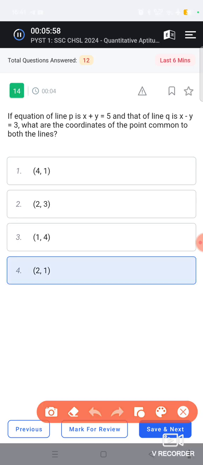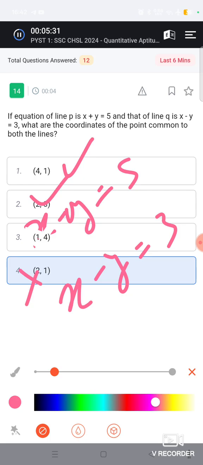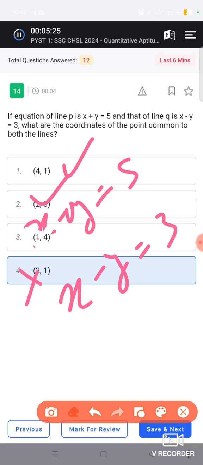If the equation of the pair is given, x plus y is equal to 5 and x minus y is equal to 3. Which of the following options satisfies this? x plus y is equal to 5, this, not this, and this. Okay, just a second. So this equation is satisfied by the option 4 is to 1.